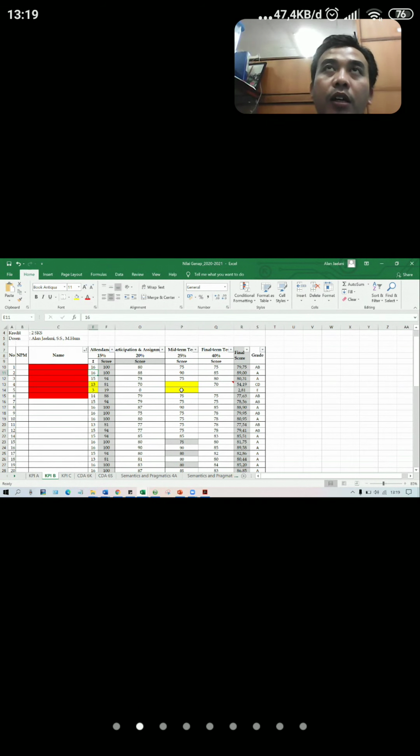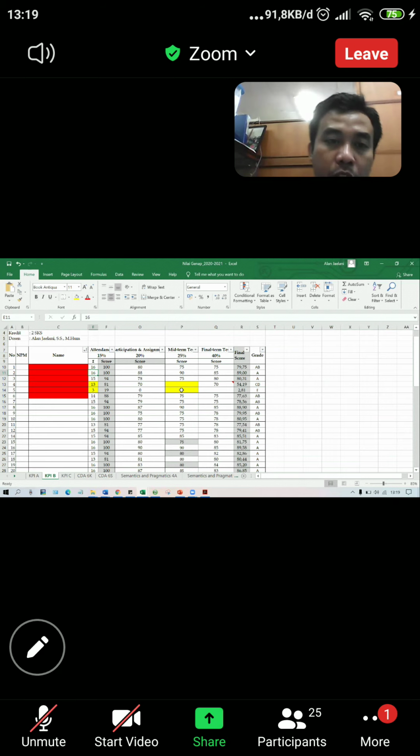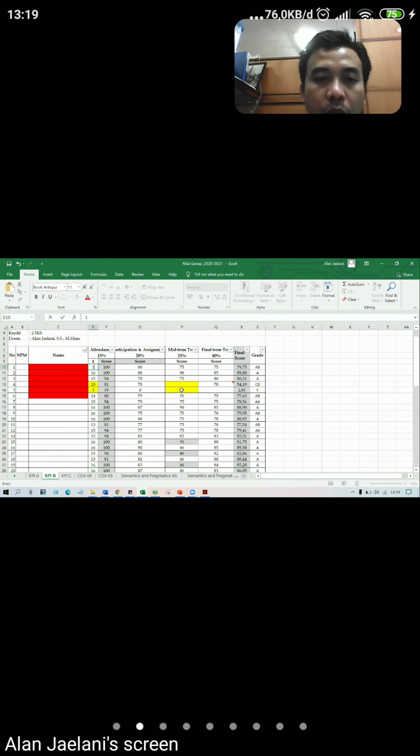Midterm test and the final test. So let's say that if you attend the final test and the midterm test, it means that we have 2 days of attendance. So it is calculated. For example, if you have only 15 meetings, it means that the score will be reduced. You get only